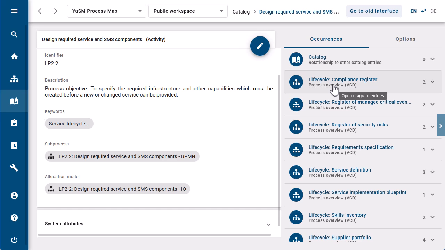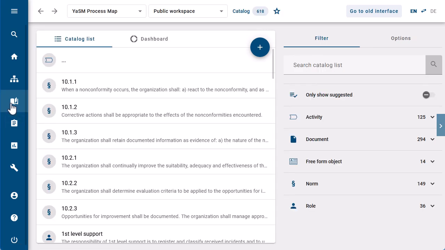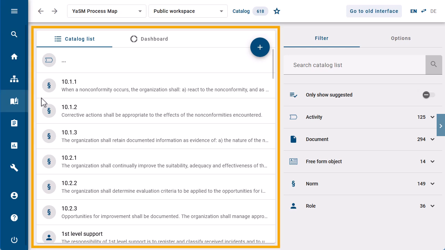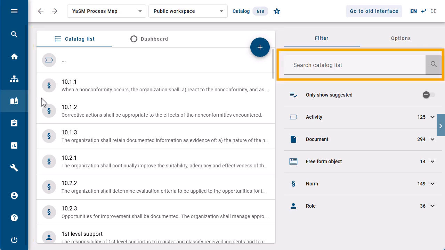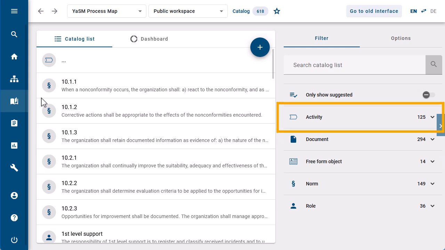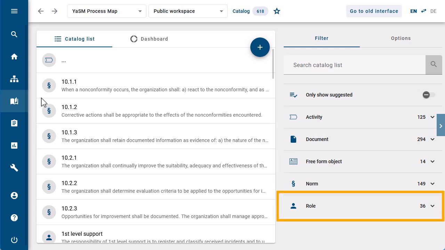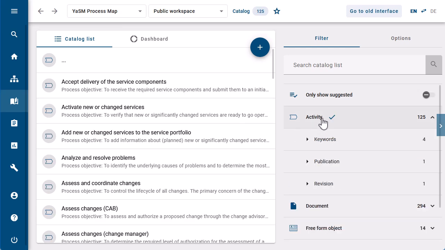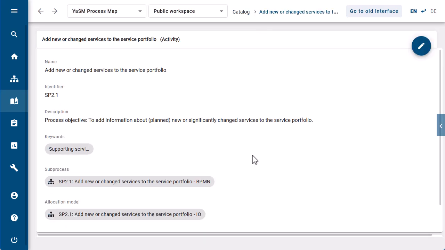Since catalog items are important building blocks of your process documentation in BIC, there's also a catalog view available from the main menu. There you can see the complete list of catalog items or search for specific ones. In the case of the YASM model, we find that it contains various types of catalog items, such as activities or processes, documents, and roles. In the Activities section, we have all process objects used in the diagrams. In the Details view of the object, we can check out the attributes of the object, and of course we can also change the attributes as required.